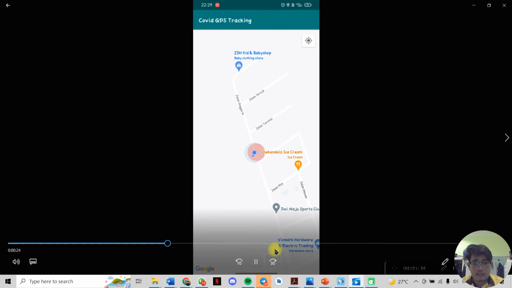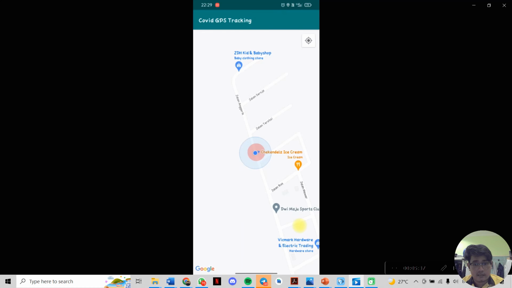As you can see here, the user is trying to leave the geofencing parameters set at 50 meters.